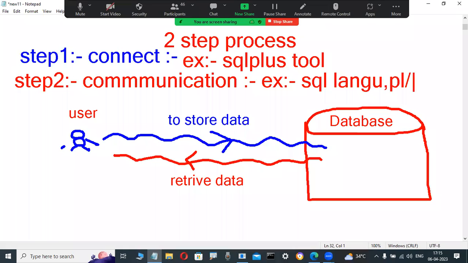PL/SQL is a language. Dynamic SQL is a language. Through those languages, they are operating on data in this database. That's why, if any user, I or you, wants to perform some operations in that Oracle database, that user compulsorily uses a two-step process. First, the user is connected to the database